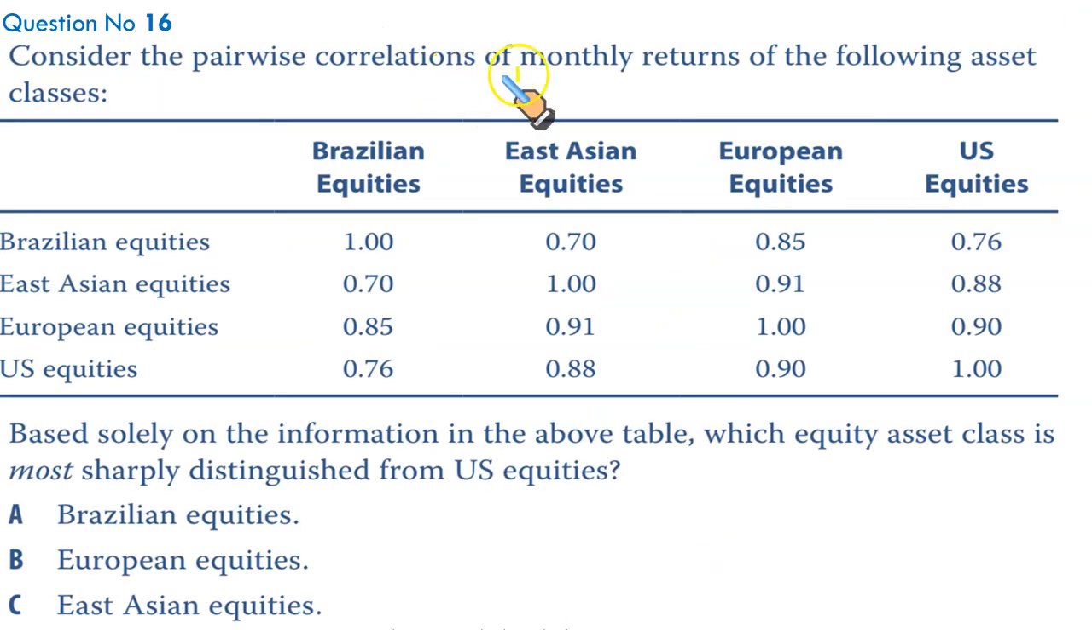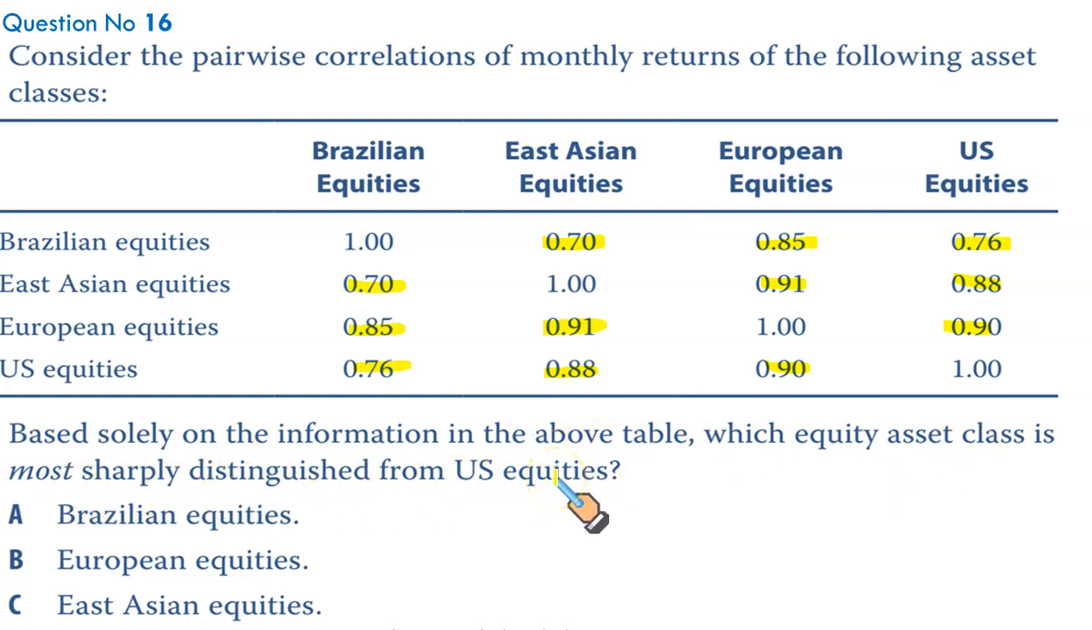Consider the pairwise correlation of monthly returns of the following asset classes: Brazilian equities, East Asian equities, European equities, and US equities. We have been given their correlations. Brazilian with the East Asian 0.7, Brazilian with the Europeans 0.85, Brazilian with the US this. So they have been given this way: East Asian with Brazilian, East Asian with European, and East Asian with the US, and this, and this. Now, based solely on this information in the above table, which equity asset class is most sharply distinguished